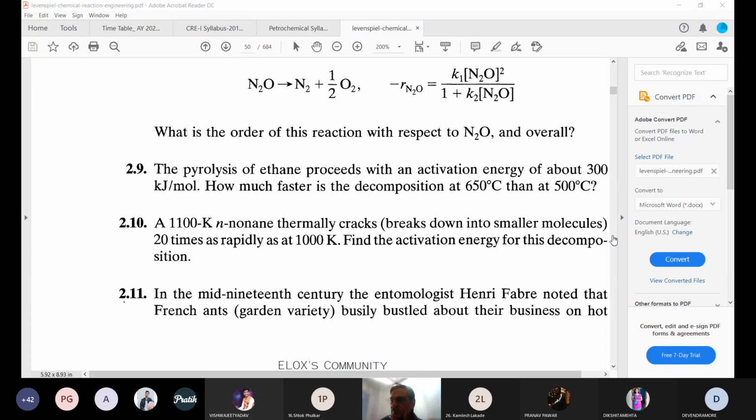What is the value of R? सर वो 8.314 ही लेंगे ना? Yes, 8.314 ही रहेगा।